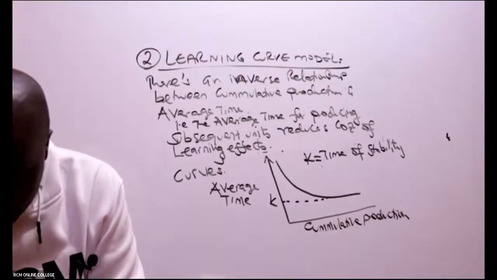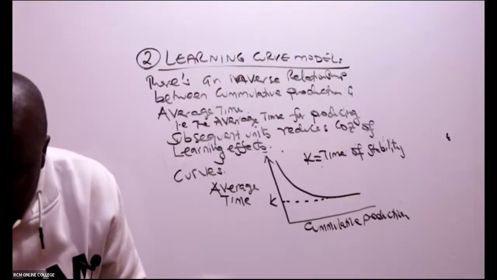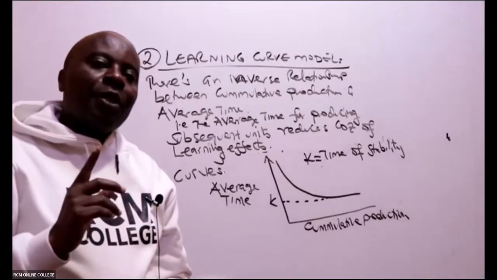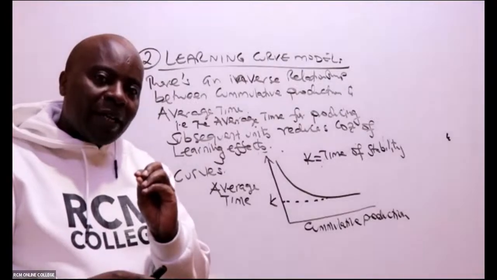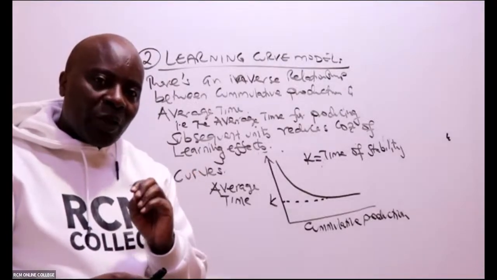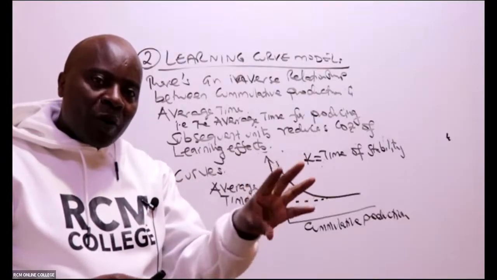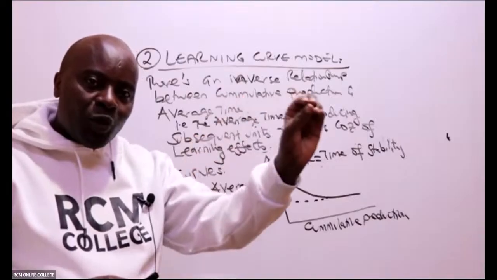K is the time of stability. Now, please listen to me very well, ladies and gentlemen. Look at the example of our carpenter. If this carpenter, for example, took 10 hours to make the first chair, he took 8 hours to make the second chair, 6 hours to make the third chair, 4 hours to make the fourth chair, 3 hours to make the fifth chair, and 2 hours to make the seventh,